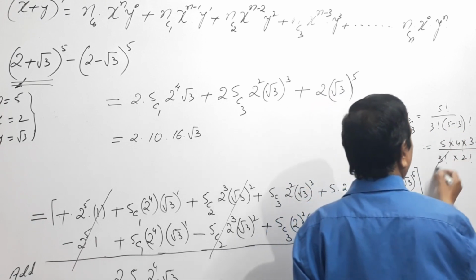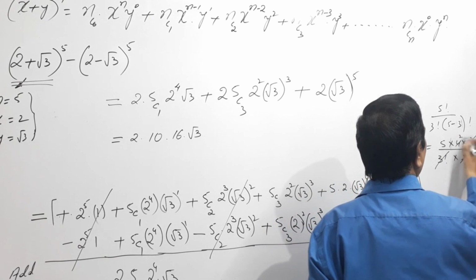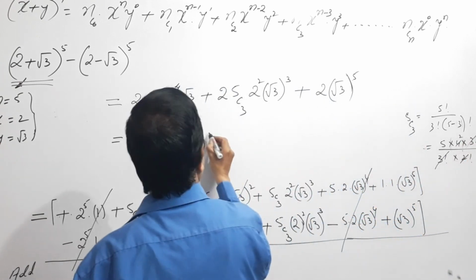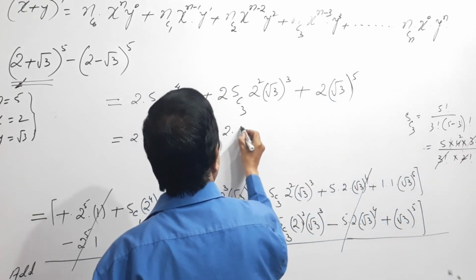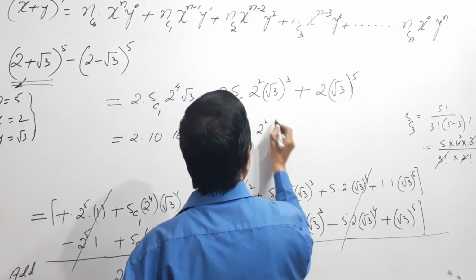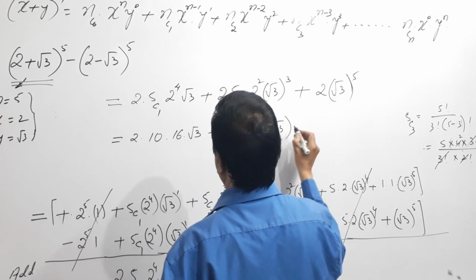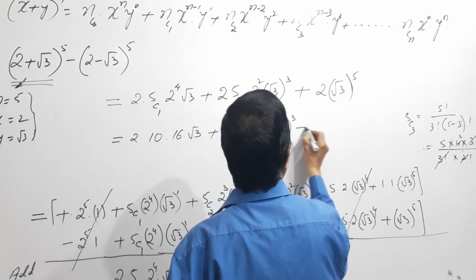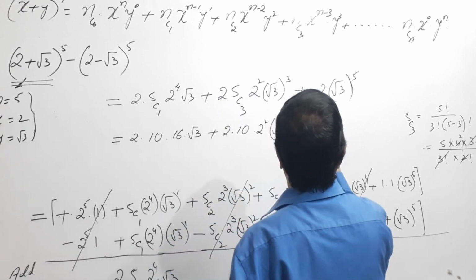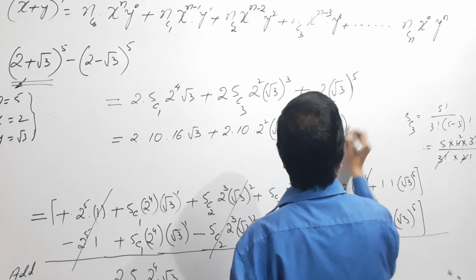So this 3 factorial cancels, 2 factorial is equal to 2, this cancels 2 times, this will again plus 2 into 10 into 2 square root 3 the whole cube plus 2 into root 3 to the power of 5,